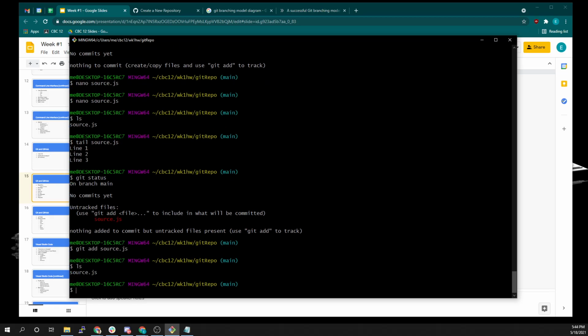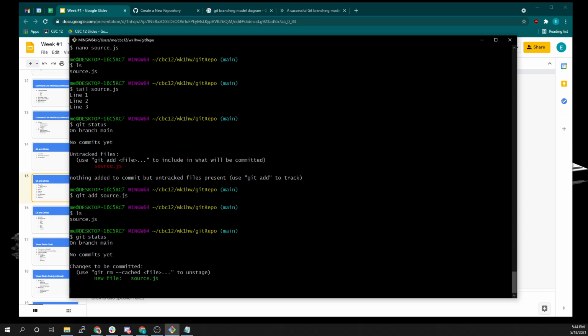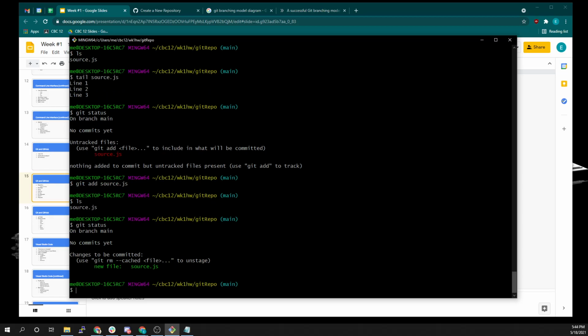Okay? So now source.js is included in Git, and we can verify this by saying git status. But now it's going to tell you something different, which is this change, it knows has happened, but it has not yet been committed. So Git knows this file exists, it's watching it for changes, but if I was to recreate this repository, Git would not be able to give me this file because I haven't committed it yet. And the way we commit things is we say git commit,